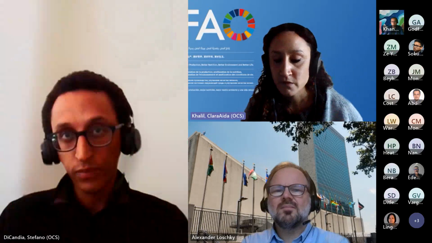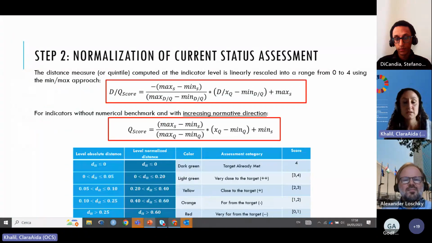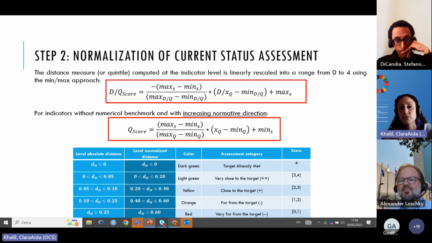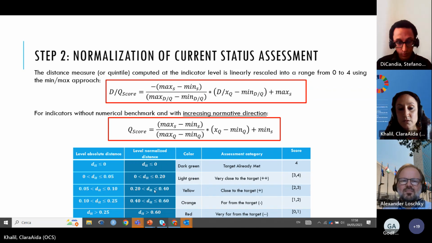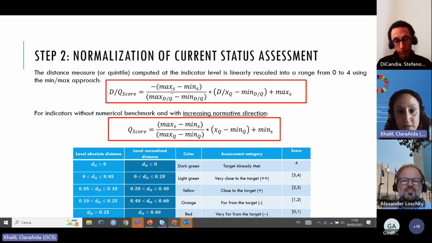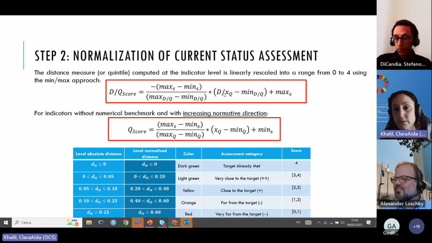Let me go back to the slide where we have these formulas. For example, let's take the first min-max formula and apply it to a value of the distance. When we assess the current status, we produce a distance measure that goes from 0 to 1, potentially. So let's assume that we have a distance value equal to 0.26. So the class is this one. Let's look at the denominator. Max D, the maximum distance in this class, is 0.40, so 0.40 minus 0.20 times the value of the distance that I've observed minus